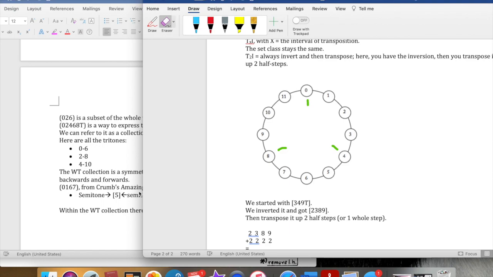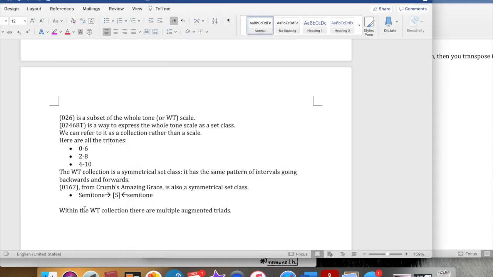If you invert 0, 4, 8 along the 0, 6 axis, what happens? Well, 0 stays the same, 4 becomes 8, and 8 becomes 4. So there are 2 augmented triads. The augmented triad stays the same